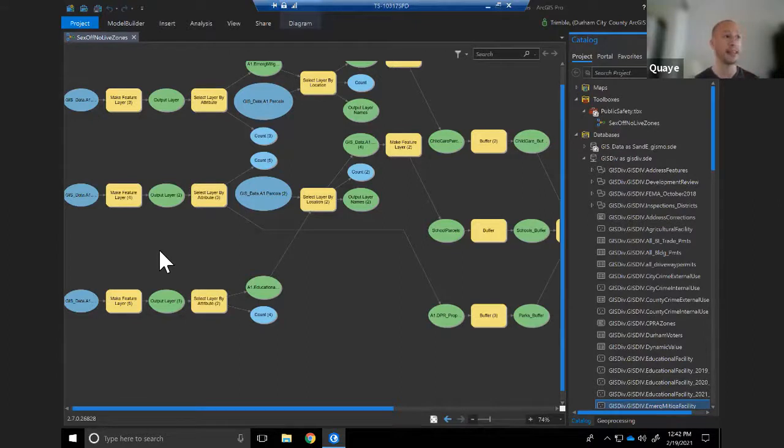So many of the data sets that I'm using contain multiple facility types that fall under a particular theme. One such data set is named emergency mitigation facilities. And this data set contains senior care facilities, child care facilities, and pharmacies. I bring this up to you so you understand that in my model, I have to take some additional steps to filter the data down. And then I can move on to do my additional selections and buffers.